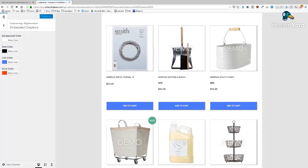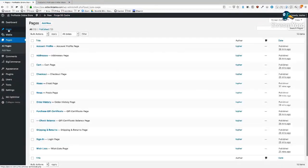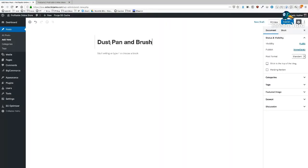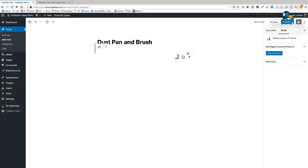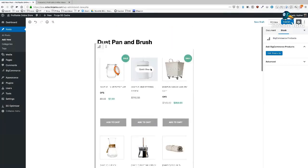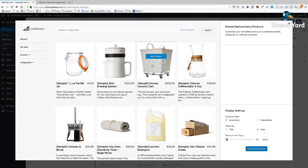And then one more thing I want to show you. Go over here. Pages. Well, you know what? I'm going to do a post. Let's do a blog post about this dustpan and brush. So this is where the content marketing part of WordPress really shines. So we're using the Gutenberg editor. We click the little BigCommerce icon here, and it by default gives us basically the product page. But then we can click this edit products, and now we can choose with great detail what we want to